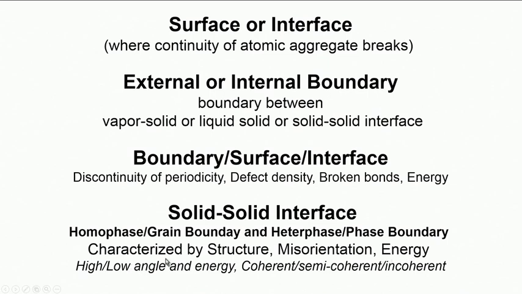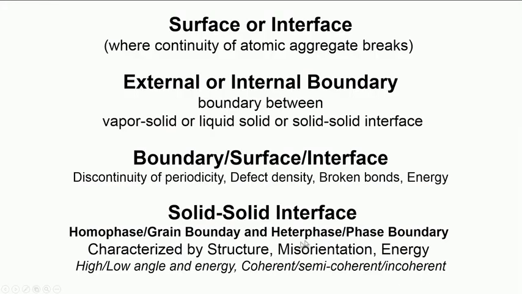So, taking a cue from these bases for differentiation or classification, we can have high angle and low angle boundaries, where usually the angle of misorientation is below a few degrees. When it is below a few degrees, we call it low angle. When it is several degrees, then we call it high angle boundaries. And these boundaries actually can be either tilt boundaries,